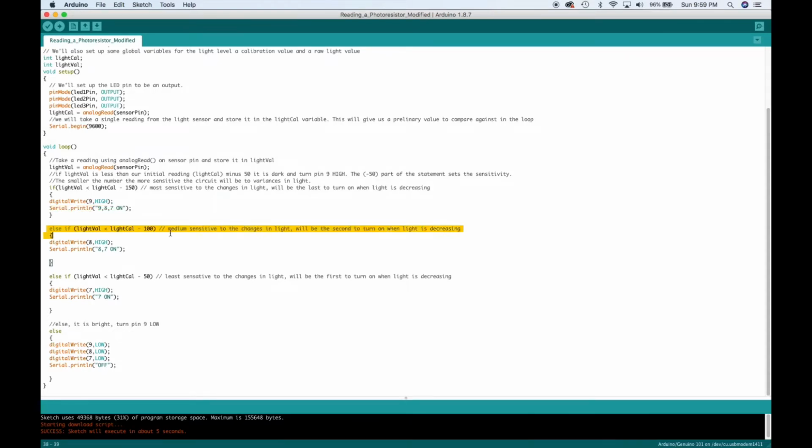Else if light value is less than light cal minus 100, this means this is like the medium sensitive to change in light, so pin 8 will be the second to turn on when the light is decreasing, and serial println will print 8 and 7 on. Then else if light value is less than light cal minus 50, so this means this is the least sensitive to change in light, and therefore LED 7 will be the first to turn on, and then serial print will